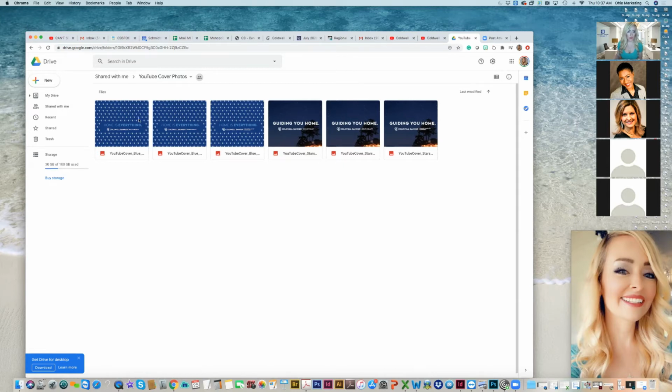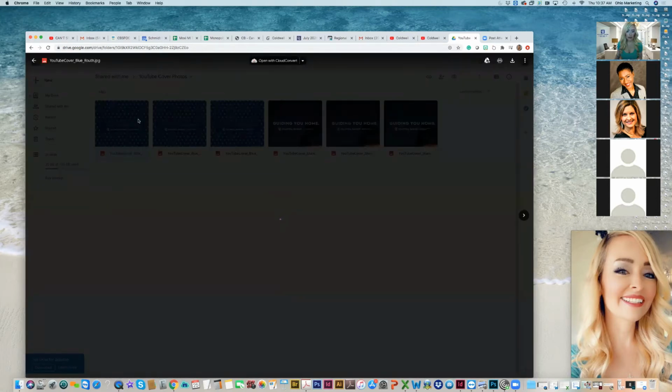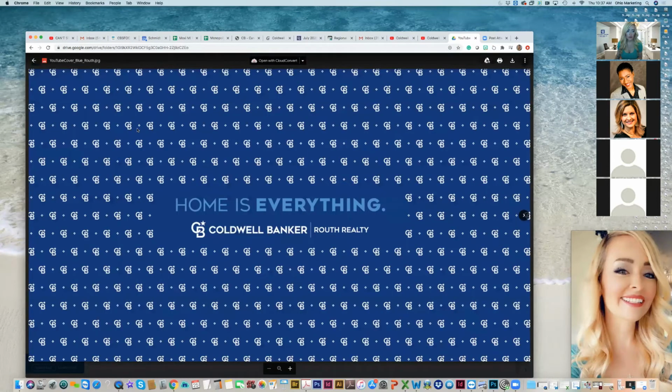So I'm going to show you something here real quick. I'm going to click on this one just to give you an idea of how we had to do the graphic layout, in case you're wondering. Because it's device responsive, we put this right in the middle. So even if it was small on a cell phone, this middle part would be shown. And if it's a little bit larger, you're still getting the cool extras around it. That was intentional.